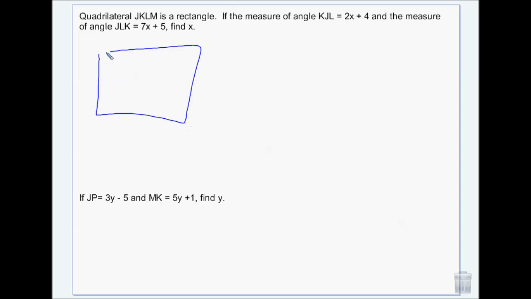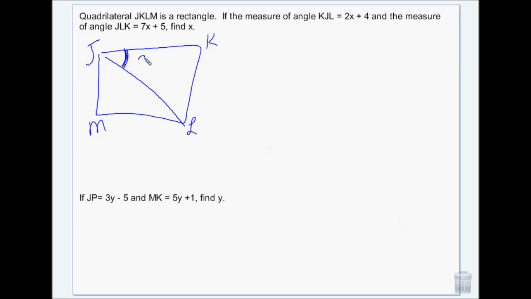Draw a rectangle. Name it. You start in one corner and then you just go in order clockwise around, in the same order they give you the letters. That way you know you've labeled it correctly. The measure of angle KJL. Okay, so I need to do a diagonal because I want to get KJL, that's this angle right here,